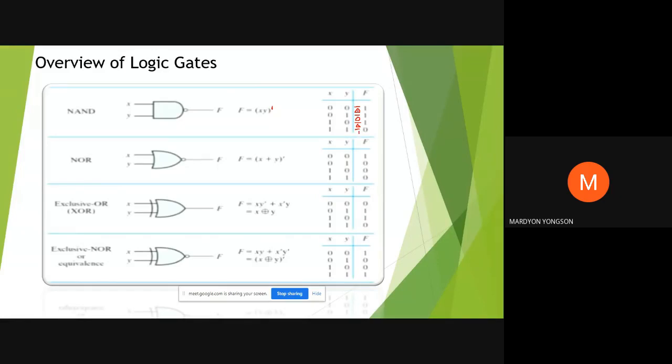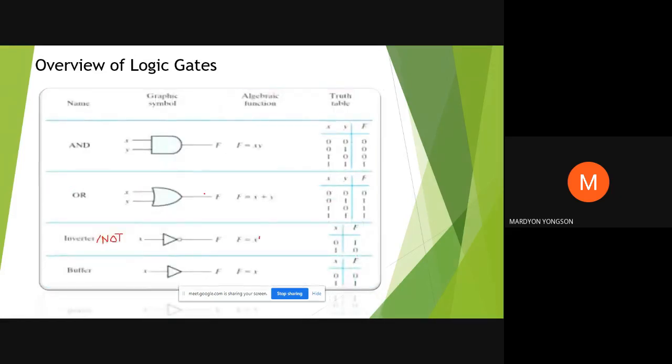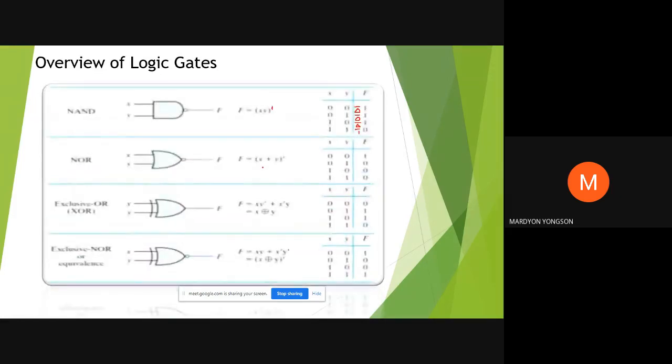And so we have not 0 equals 1, not 1 equals 0. Then also we have the NOR gate. Ito naman yung opposite ng OR gate, and also we use addition. Mapapansin niyo sa symbol niya, meron lang din siyang inverter or yung complement symbol, yung small circle. So again, we have the opposite